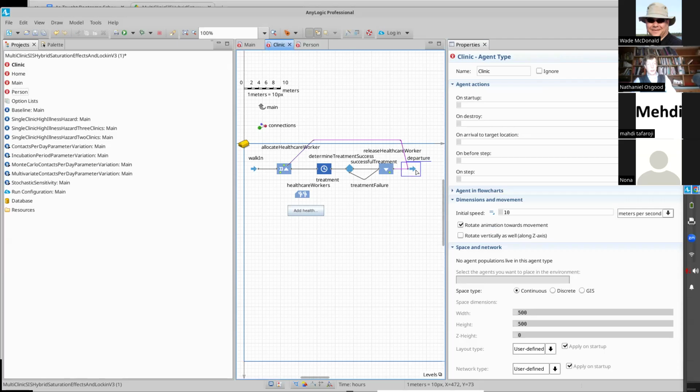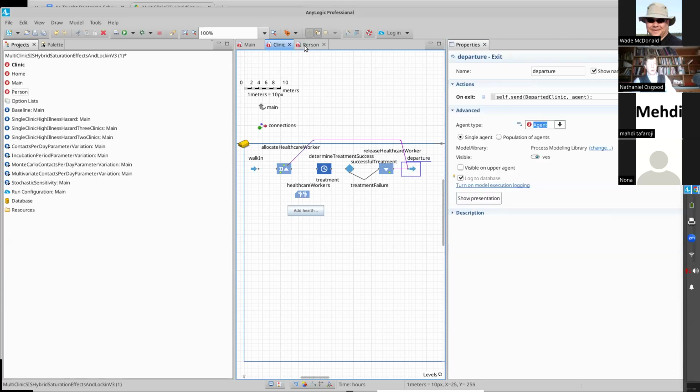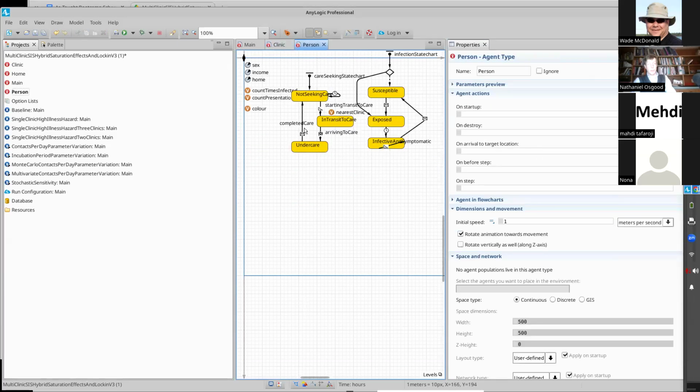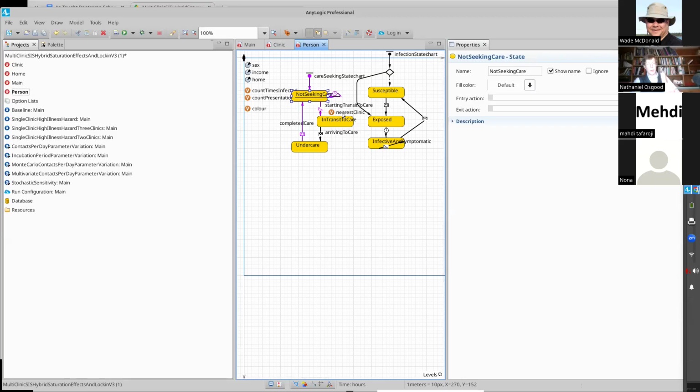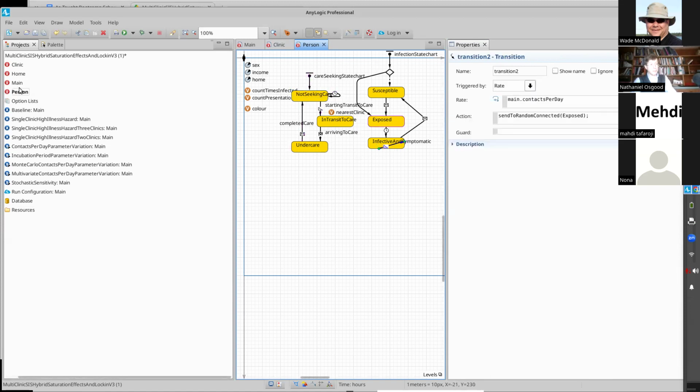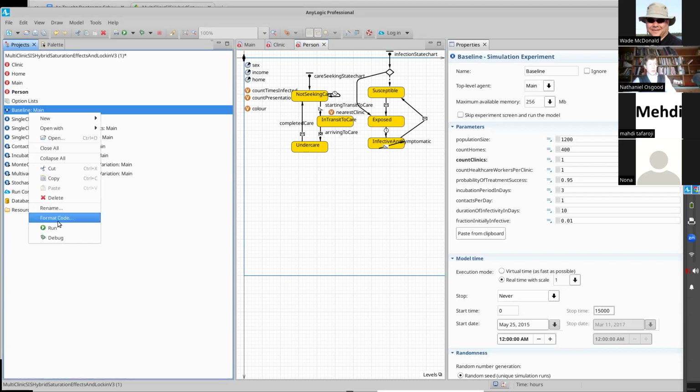Now, when they finish and they depart the clinic, they will receive this message saying, you've departed clinic, and they'll now no longer be in a seeking care state. And of course, there's logic here involving infection transmission that I won't get into, but it's pretty familiar to what you've seen. Now, if I had my druthers, I would show you the